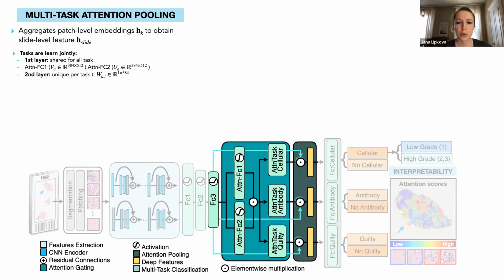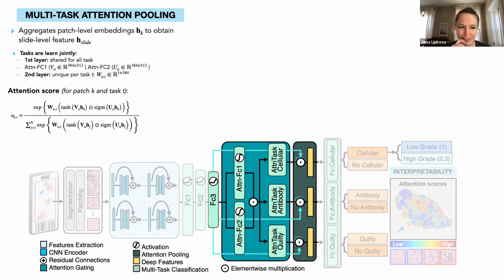Basically, we use 3 networks to learn something called attention score for each patch. And attention score basically, where's this A? The equations are just for the curious people. You don't have to follow those. Basically, the attention score reflects the relative importance of each patch towards the model predictions for the given task. So for each patch, we would have 3 attention scores, 1 per each task. And the attention module, which is shown here in the figure, consists of 2 layers. The first layer is learned jointly for all tasks, and then we have 1 separate layer for each specific task. So this is how we learn the attention score for each patch and each task.